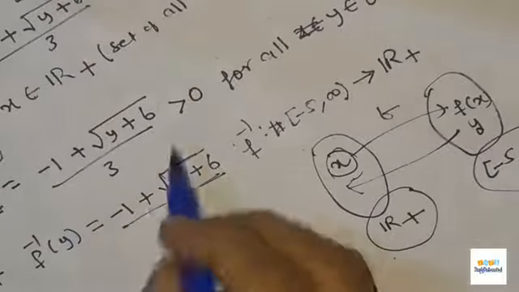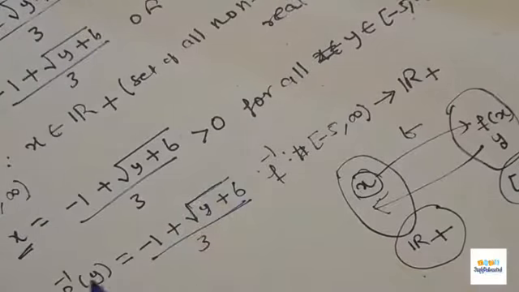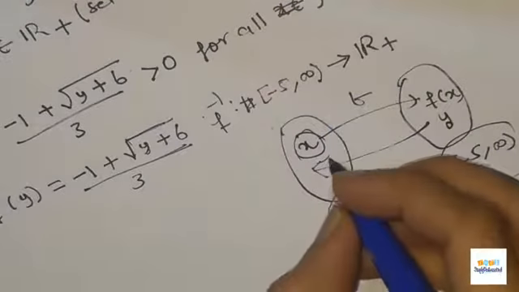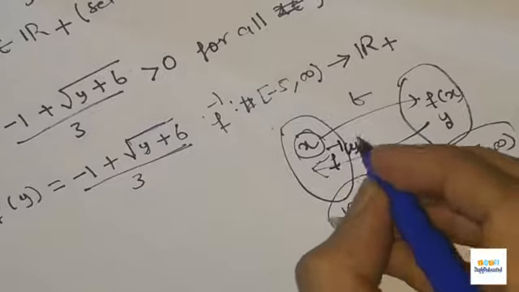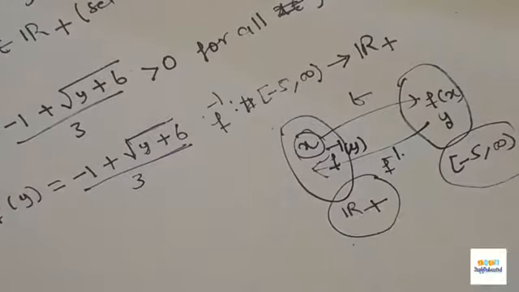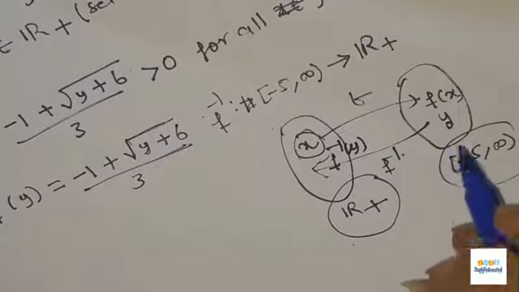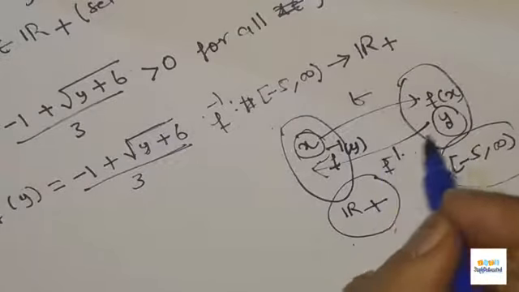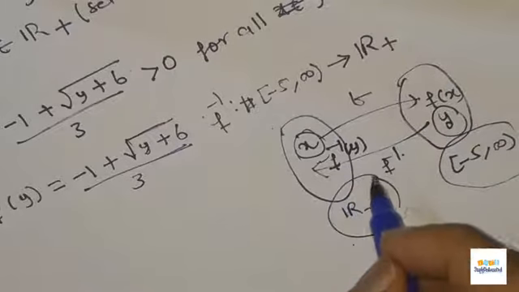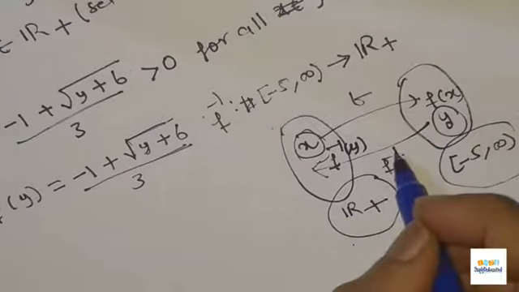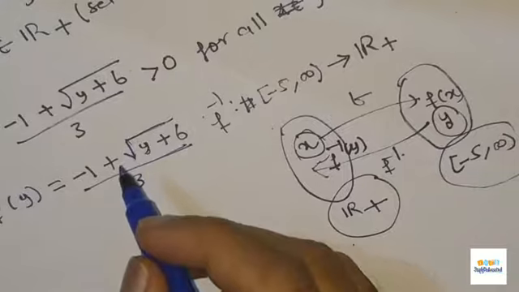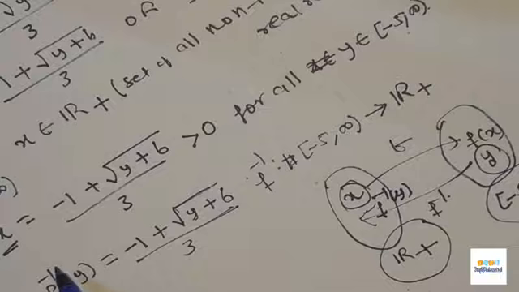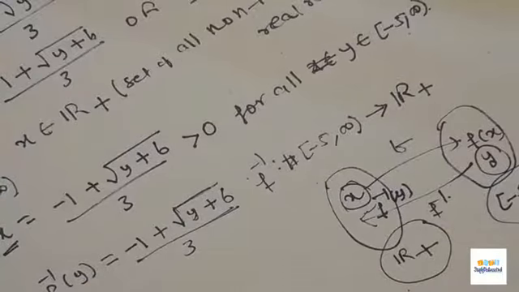Now x is nothing but this, which we have called f inverse y because this is a function of y. So this value y will go to f inverse y if we take a function f inverse, right? So now we can say that f inverse takes the value y in the range of f to the domain of f, and the function is defined by this. That is why we are writing this x as f inverse y.